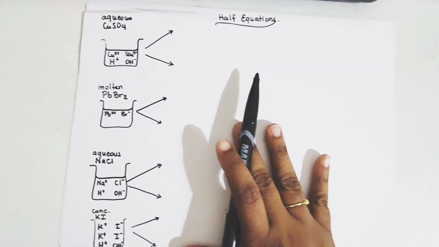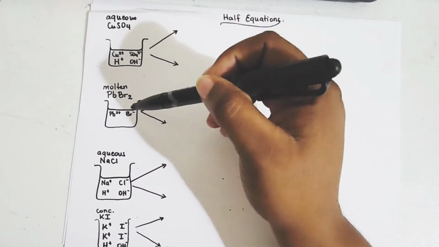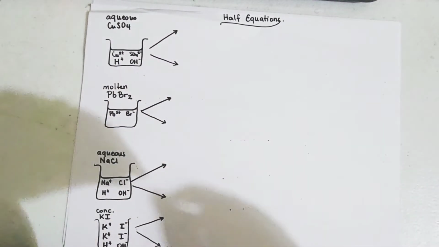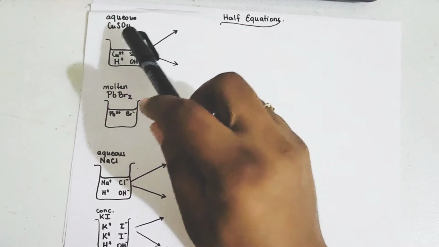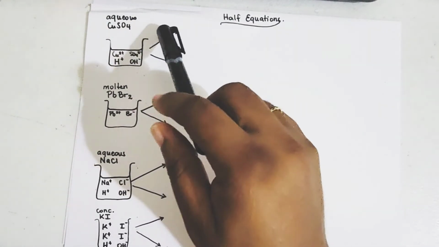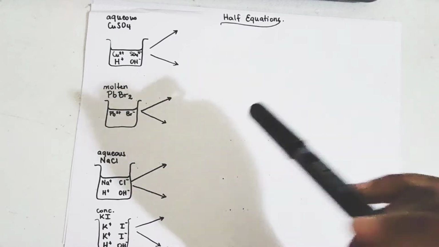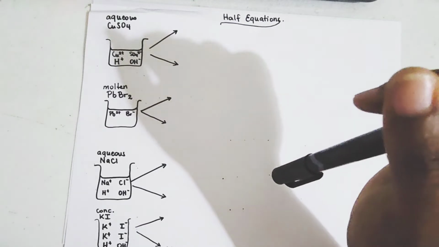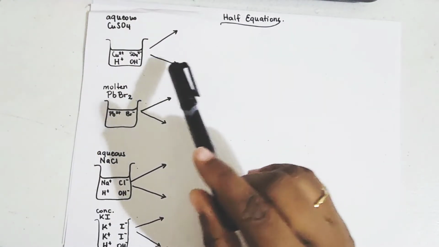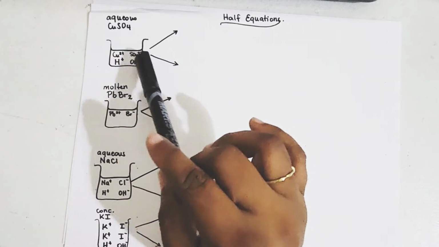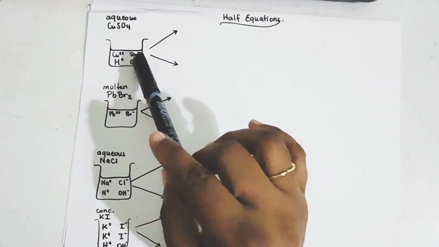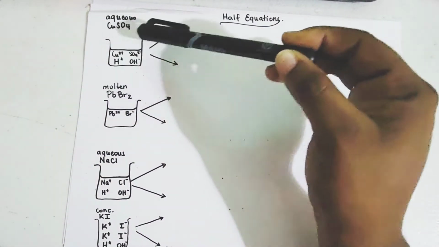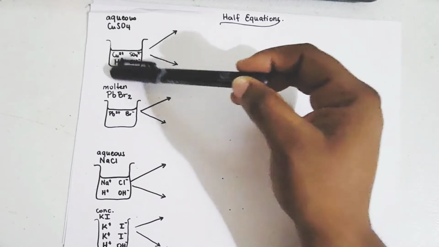So first of all, when you're given aqueous solutions, we must remember that water is involved. And so what I would tell students is to always, even if you're not given a space, try to find a space anywhere on your test paper. And if there's an aqueous copper sulfate, blah blah blah, because it's always a story, what I want you to do is to draw a beaker and draw some type of line to represent that there's a solution in there. And I want you to write out your cations in one column and your anions in the next column. Once that is done,